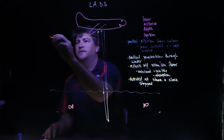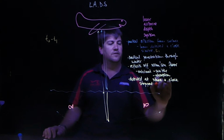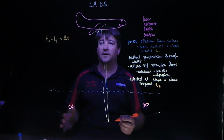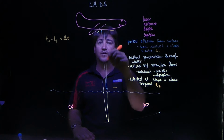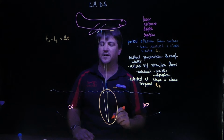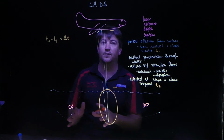So what we can do is take T1. So this would be T1, this would be T2. So we have some sort of time difference. This time difference is like both beams have gone from here to here, so both beams have done that, and both beams have also gone back up to the water, back up to the plane. So the time is literally just for this part here. Alright, so that's the only difference in the time, so that's the only difference in the depth or the distance